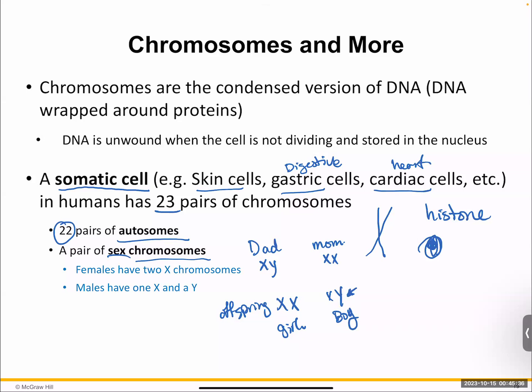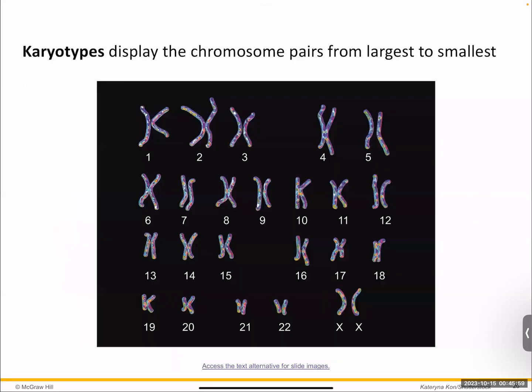Again, there are mutations where you would get XXY or XYY. That is the abnormal aspect of genetics, which we'll discuss in more detail. But males will always have X and Y if you're a healthy male, and females will have an XX, one from each parent. Here's a depiction of what those chromosomes look like. Notice as we go through the numbers, the size of these chromosomes does decrease. And in this case, they're depicting a female.